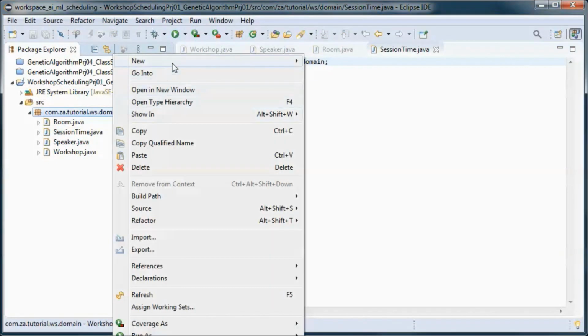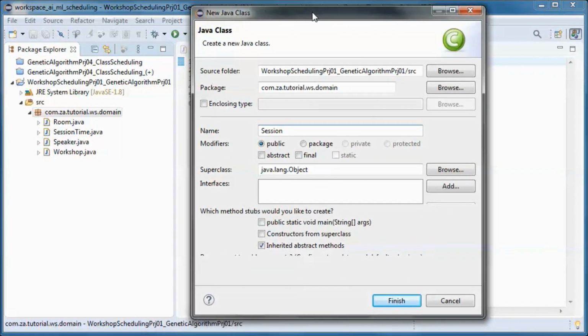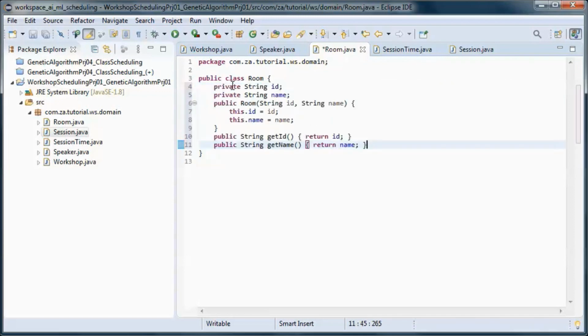And this class will represent a specific workshop with a specific session time and a specific speaker and room. And a room will have an ID and a name, and they will both be initialized in the constructor, and we will have get methods for both.